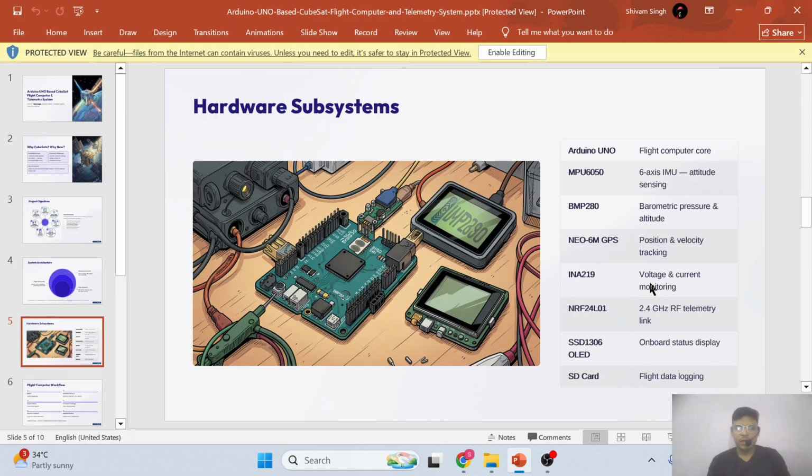In the next slide I will describe what kind of hardware we will need. The hardware is the Arduino Uno as the flight core computer, the MPU 6050 for 6-axis control and attitude sensing, and the BMP barometric pressure and altitude sensor, which will show us the current altitude and pressure. We use a GPS module which will provide the latitude and longitude of the system, a voltage and current monitoring system, and the NRF24L01, a 2.4 gigahertz telemetry link used to transmit our data from the satellite.